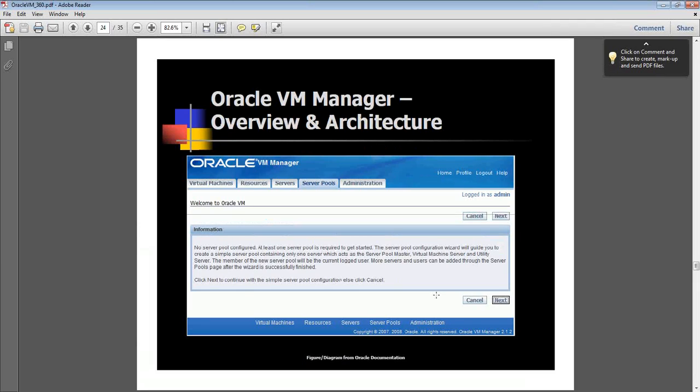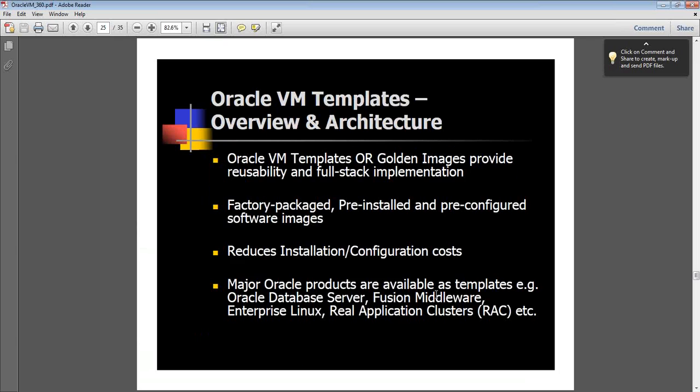We will see, this is an example screenshot. We will be logging into this screen pretty shortly. Oracle VM templates are basically sets or golden images that can be reused and deployed within a few clicks. Oracle provides a rich and dense set of pretty much